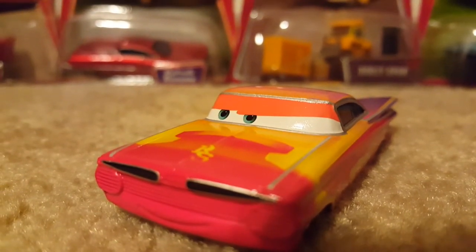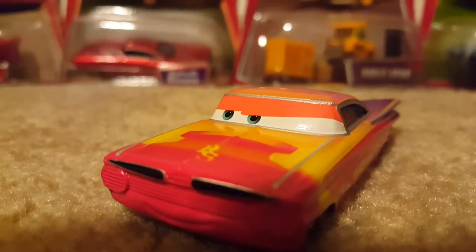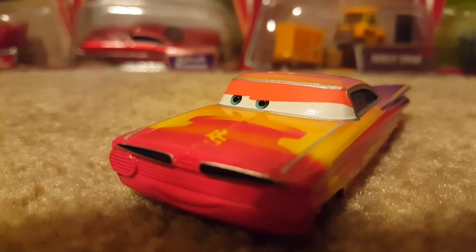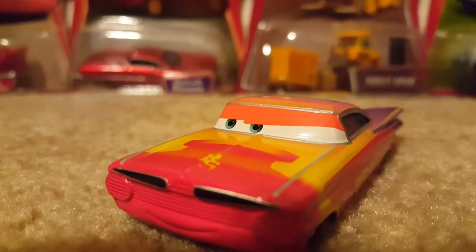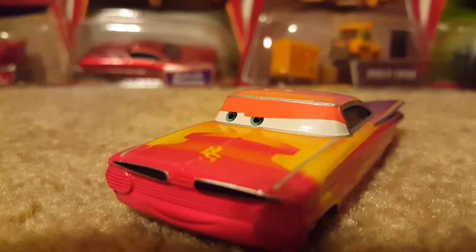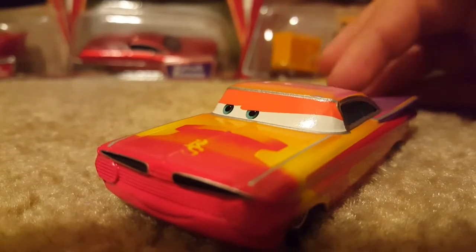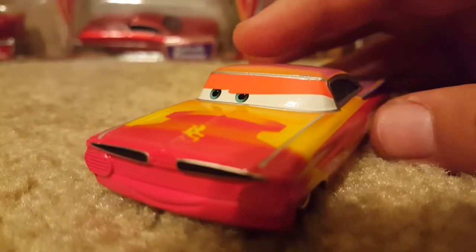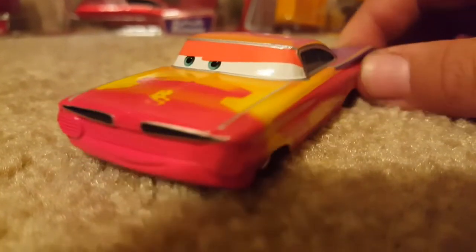And he appeared quite a bit with this paint job, not that much. He appeared when the World Grand Prix racers were racing on Willie's Butte, of course, talking to Finn McMissile and Holly Shiftwell, along with some of the Radiator Springs townies and some of the customers to Radiator Springs. And I don't think there was any other place where he appeared, but he did make a long appearance in that scene where all the customers and townies of Radiator Springs were talking to Finn McMissile and Holly Shiftwell,